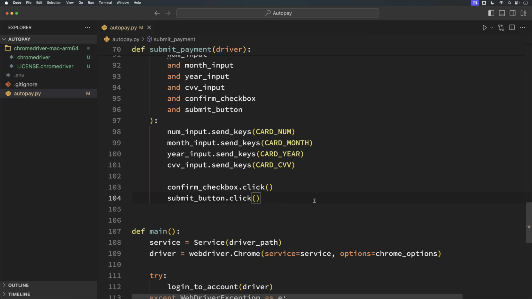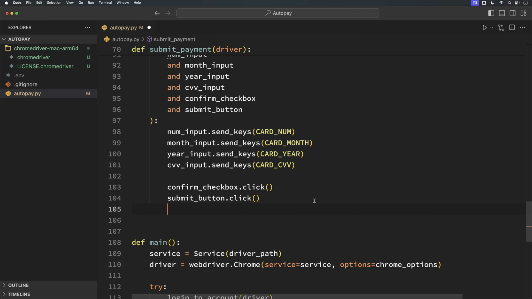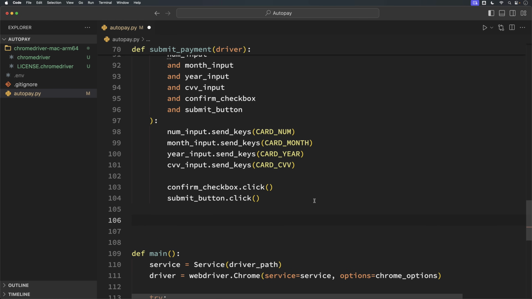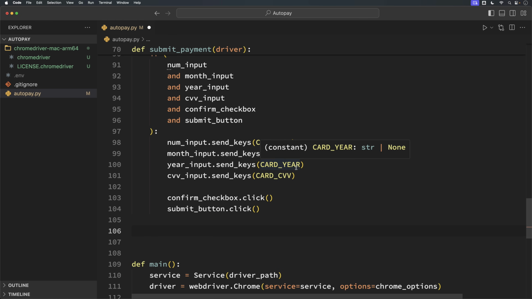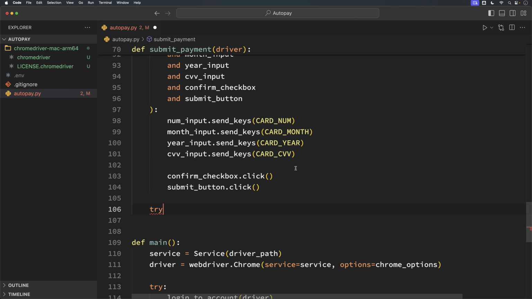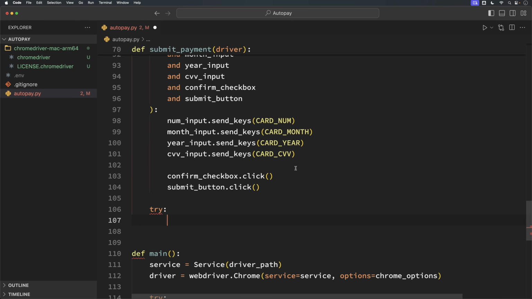So what I'm going to do after submitting my payment is use that same WebDriver wait function that we saw before to just wait a few seconds to see if that "thank you for your payment" text appears on the next page. So to do this, we don't actually have to navigate to that page because it's going to do it on its own. So I will just throw in a try here,